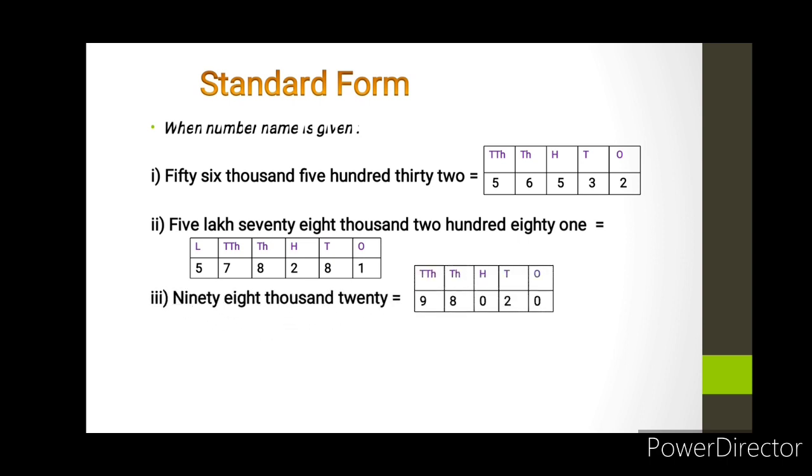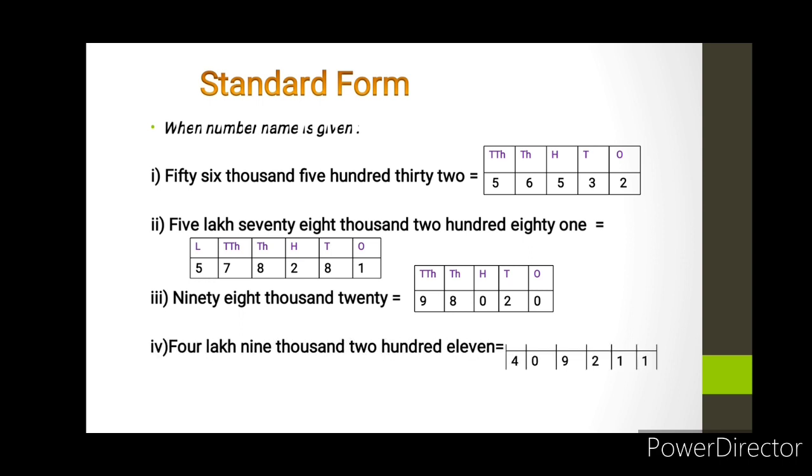98,020. So here are the places. 98,000. So here it is written 98,000. If you notice, 100 place is not mentioned here. So we will simply put 0 at 100 place. And then 20, which means 2 at tens place and 0 at ones place. Simple, isn't it? Let's take the fourth one. It's of a similar kind, you can check. We also have a fifth for you,